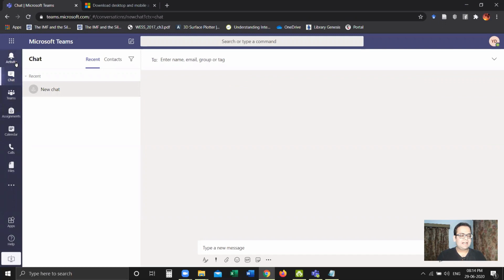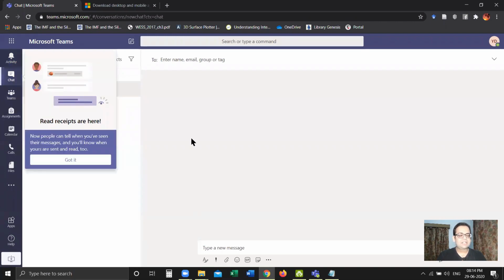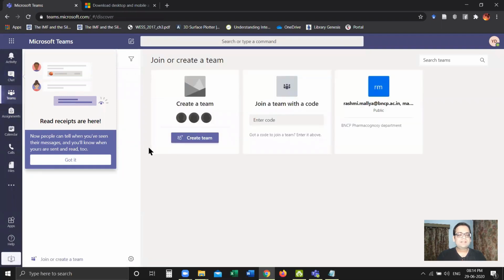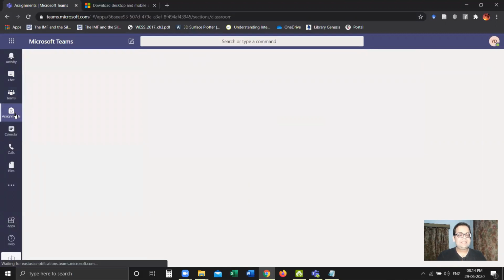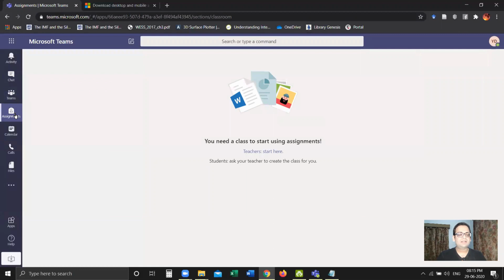As you can see, you have Activity on the top, which shows all the activities related to your username, which are happening in the different teams which you are associated with. Chats are for personal chats with the teacher. In Teams, you will see all the teams that you are part of. Right now, you are not part of any team and therefore none of the teams are highlighted here. Under Assignments, you will see a list of all the assignments that have been allotted to you for the different subjects depending on the team which you are a part of. Since this is the first time we are using it, no assignments are here.